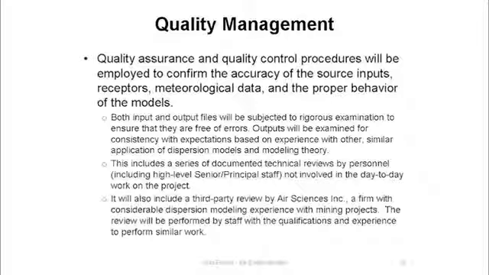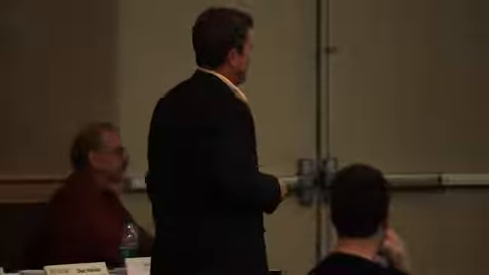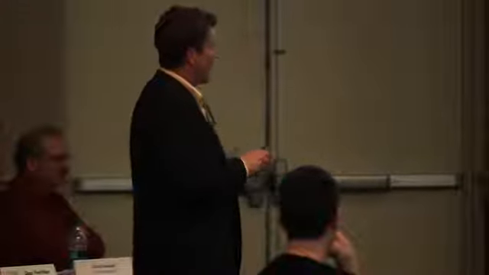The metadata has already been evaluated for its representativeness of the project, the metadata that comes out of CalMet that was provided by the BC Ministry of Environment. But all that work gets reviewed as part of the QA/QC review process. The input and output files we'll review internally, and those, by the way, are going to be part of the public record. They will be submitted, including the executables.